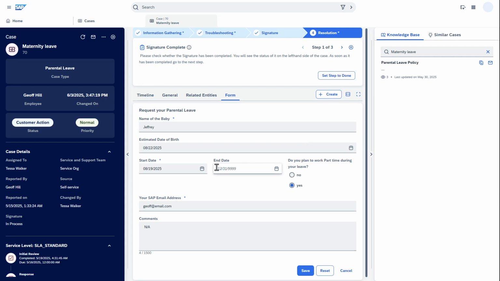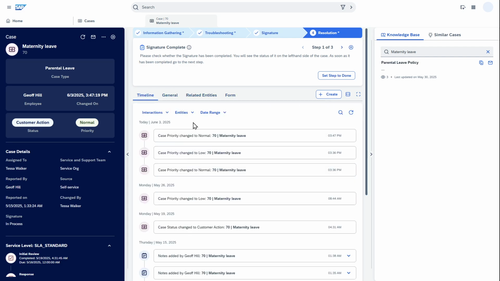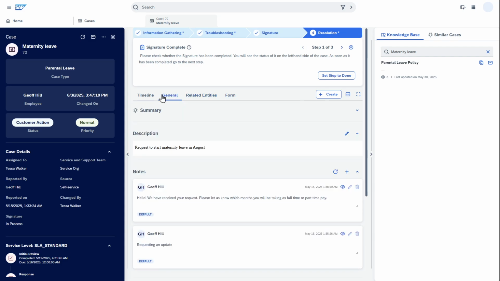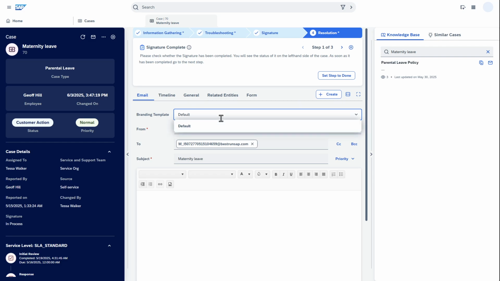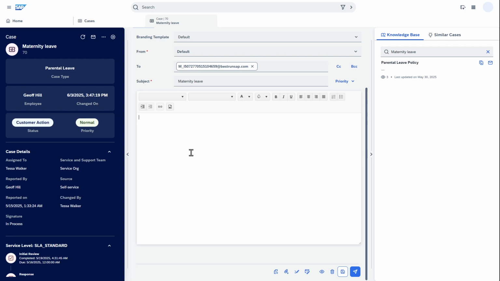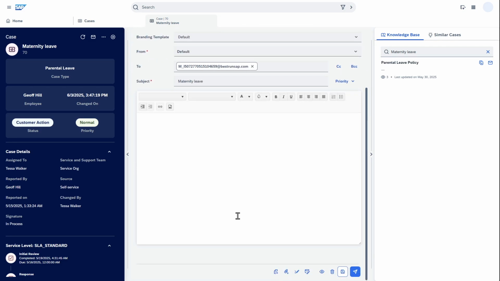And as the person responsible for this, I can also come in here and go into change mode and look at it from that standpoint as well. If I wanted to, I can also communicate with the employee. I can create an email, and without having to go to a separate inbox or anything like that, just come here, quickly send an email, add attachments, and communicate back and forth. And the cool thing is this will be directly built into the workflow of what I'm already working with here